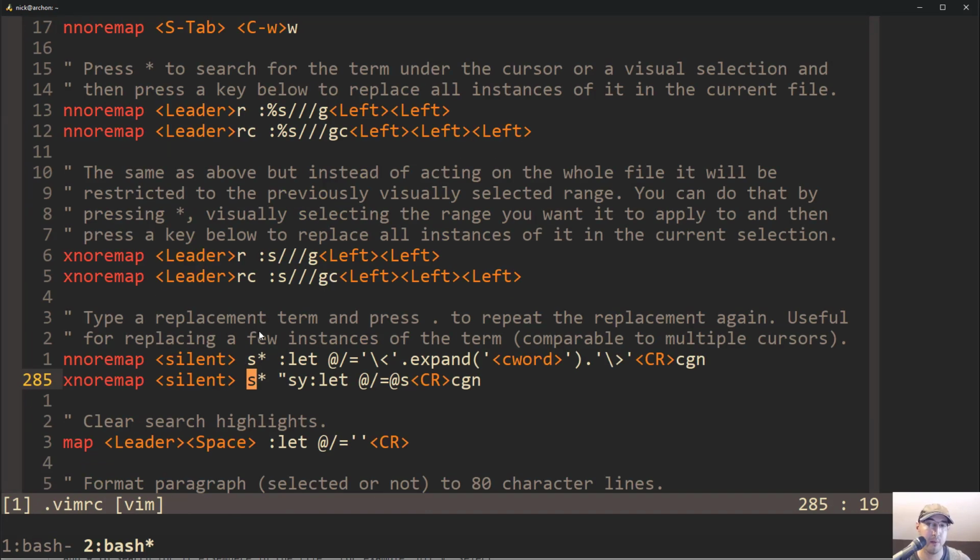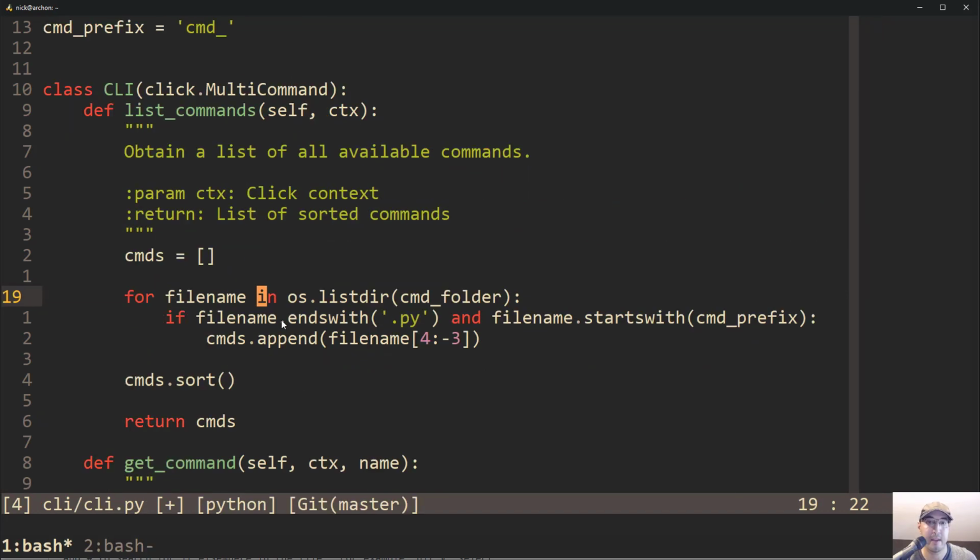So yeah, this is something I use, I don't want to say all the time, but very often, frequently for sure, like multiple times a day. Quite handy. So that takes care of pretty much dealing with finding and replacing stuff in one file. So the next topic to tackle would be